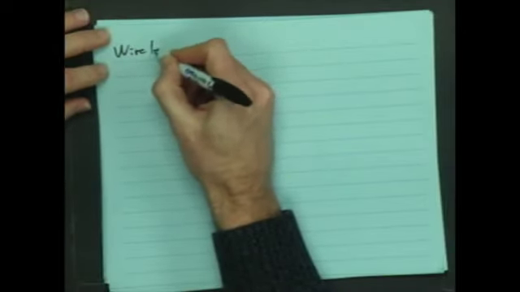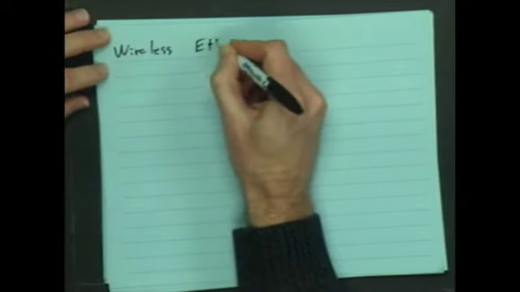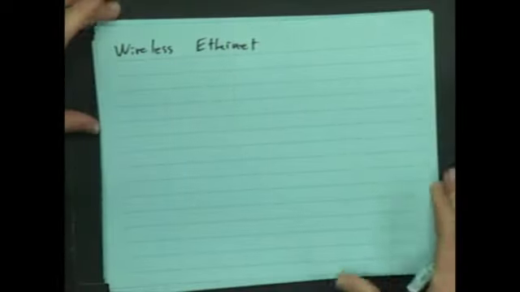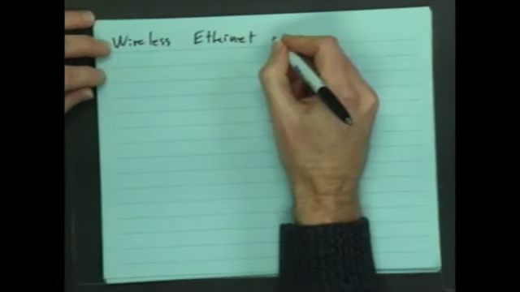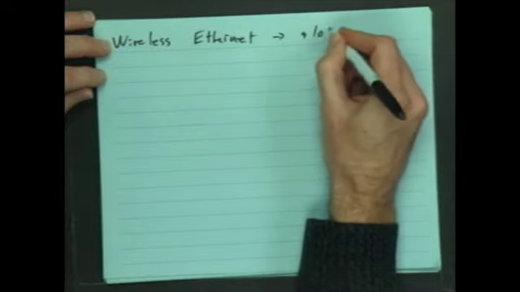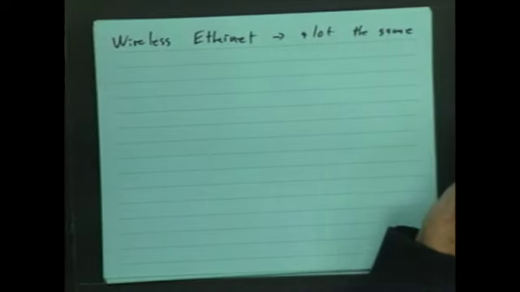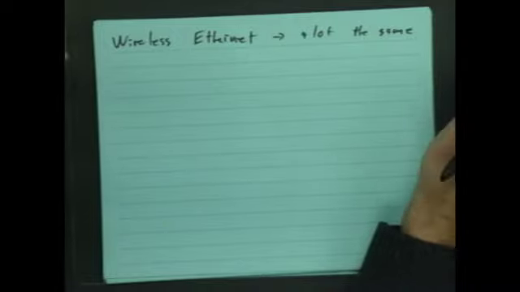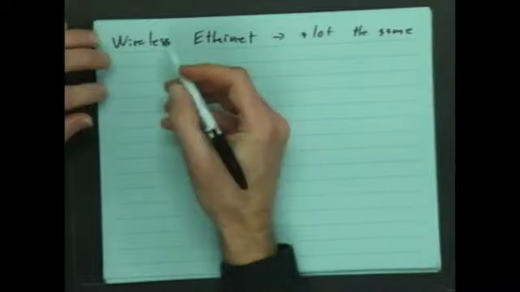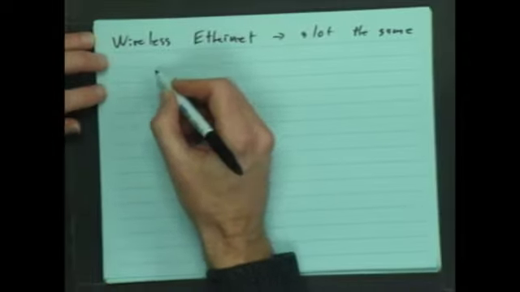All right, we are talking now wireless Ethernet. The cool thing about wireless Ethernet is it works a lot the same. There are some key differences, but it's a lot the same. So the frames are more or less the same, which means it's easy to do this sort of setup where